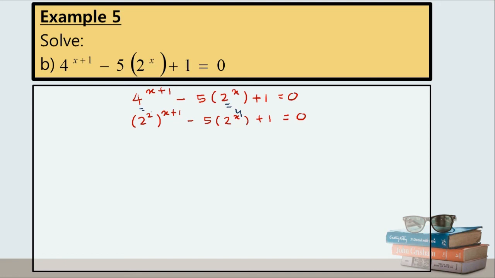Next, kita simplifykan 2 times x plus 1. So kita akan dapat 2 to the power of 2x plus 2 times 1, 2, minus 5 times 2 to the power of x plus 1 equal to 0. Actually, we will use this as our u. But here, 2 to the power of 2x plus 2, we need to do like the last example, which is